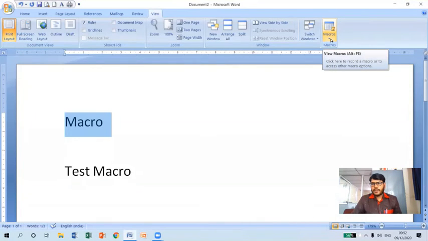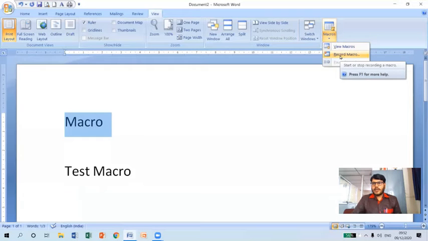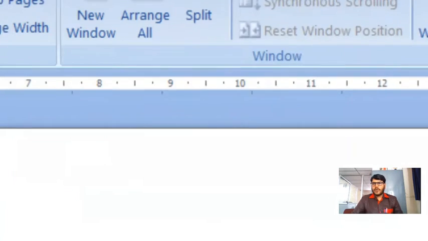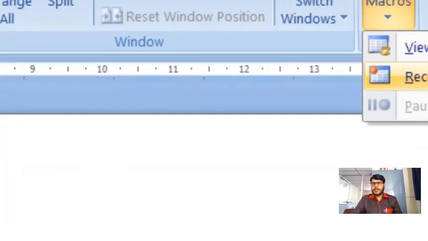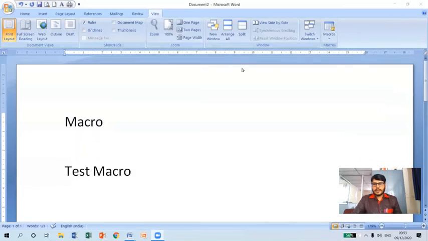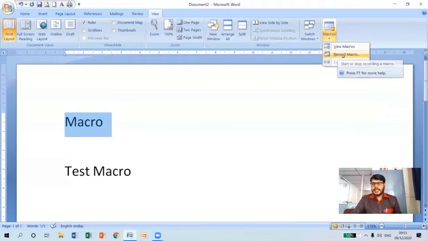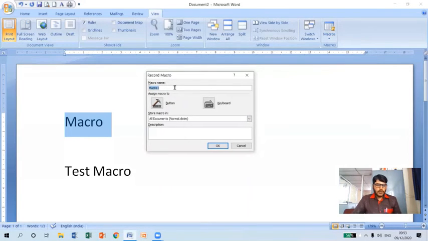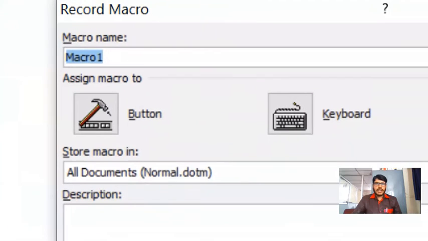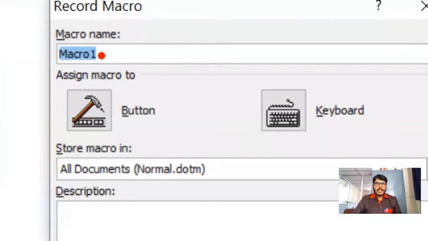We need to click on this, and then click on the record macro option. Simply select this record macro, and we need to specify a name for the macro. Here I'm going to specify the name as macro 1.